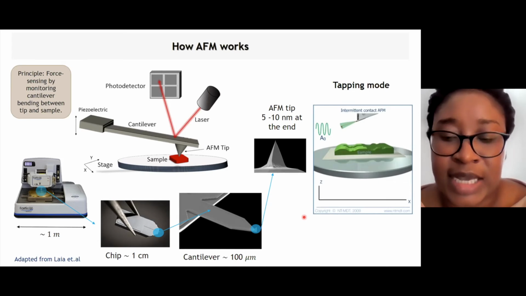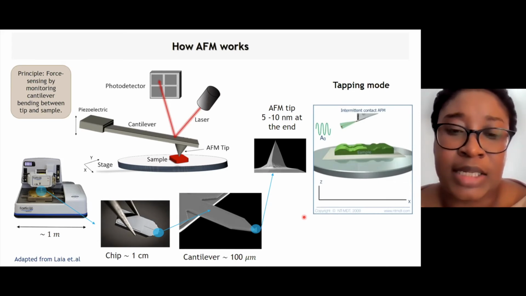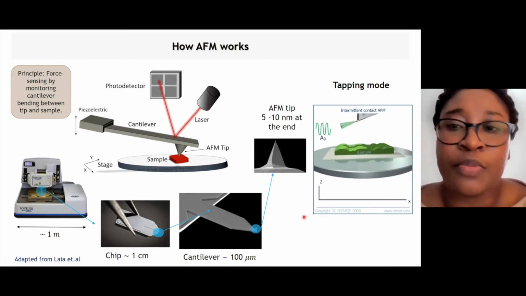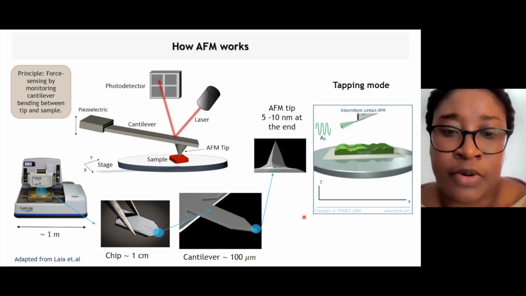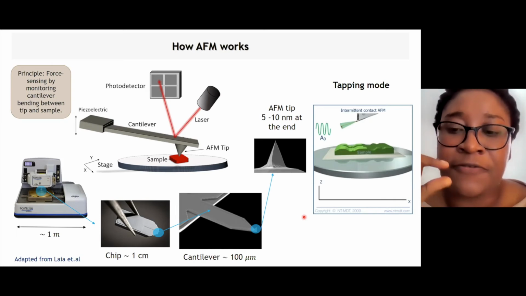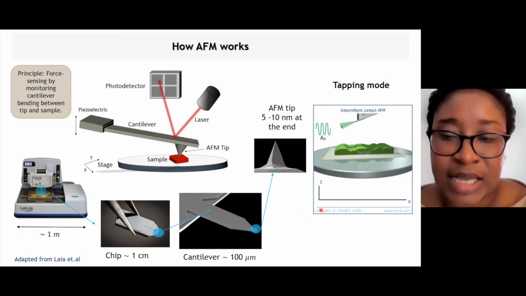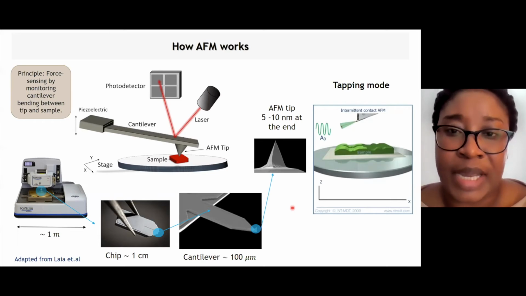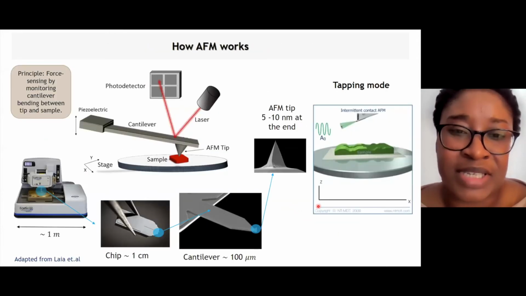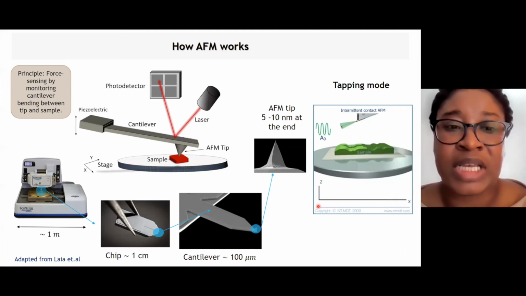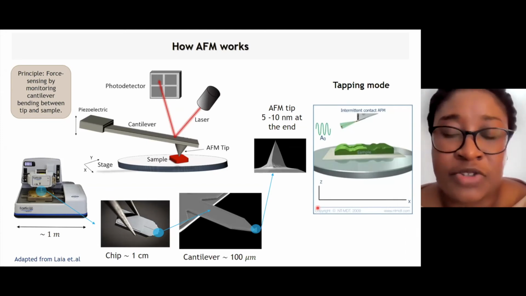And how it does it is that between the tip and the sample of interest, and this sample could be any kind of sample, be it a conducting or not conducting sample, or just biopolymers or any biological sample. So the most important thing is that this force between the tip and the sample causes the cantilever to bend as it rasters across the surface. And this is being monitored by the laser spot that then generates a reflected beam into the photodetector that serves as an input for a feedback loop.